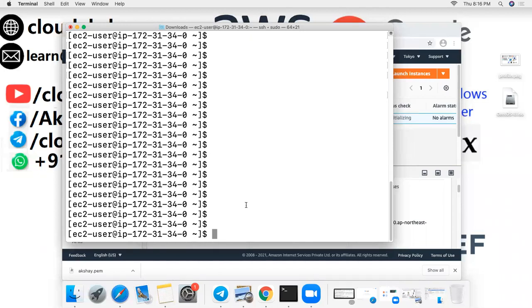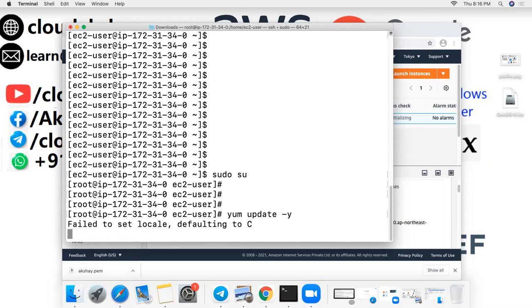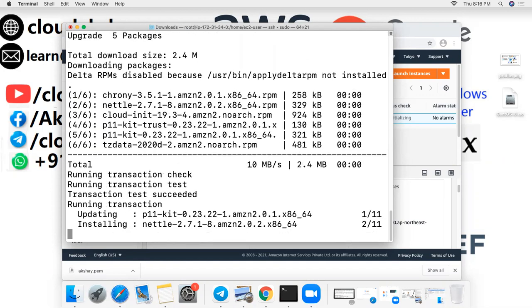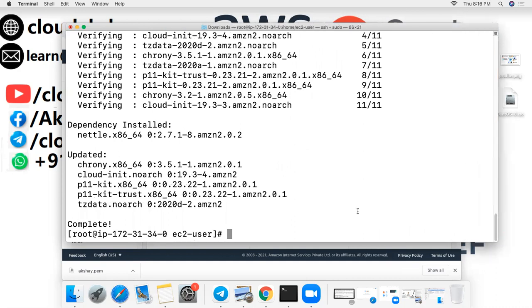So first, sudo su for the root user, and once updated, yum update -y for yes. Enter. So install it, and now it's time to install the Chef server into it.